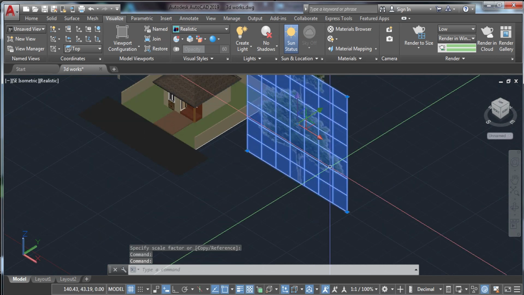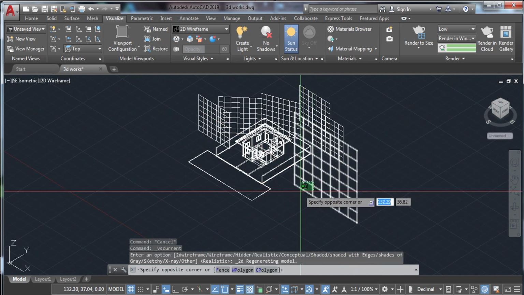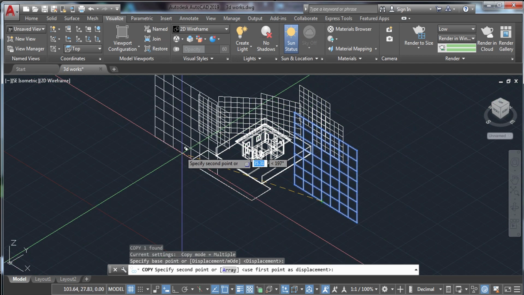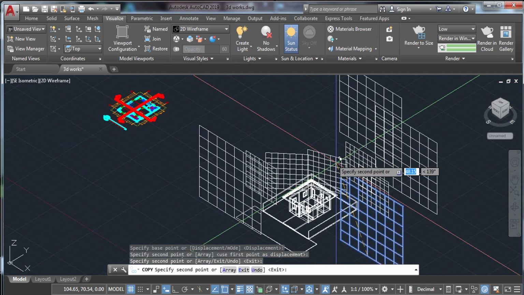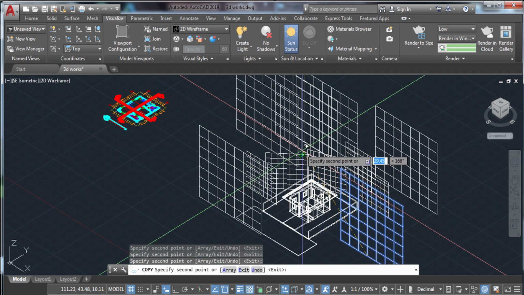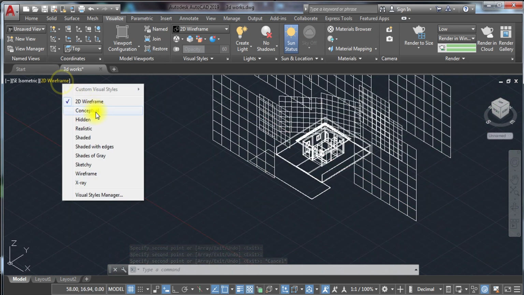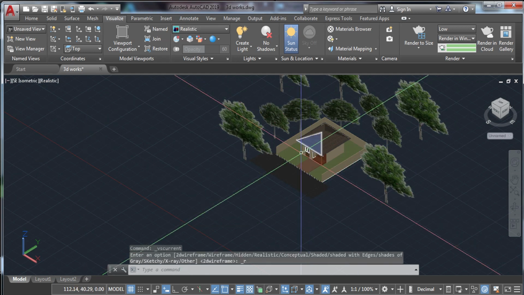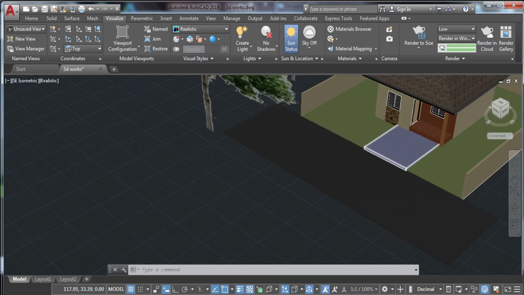So all you have to do is simply, I'm going to go back to 2D wireframe. I'm going to copy this one. Copy to different places. So dito sa harapan, say for example, dito sa likod. Dito naman. Maganda kasi maraming variation ng trees. Okay? So to check this one, I'm going to go back to 2D wireframe and then go back to realistic. Okay, so check natin siya, and then let's try to check the perspective right away,